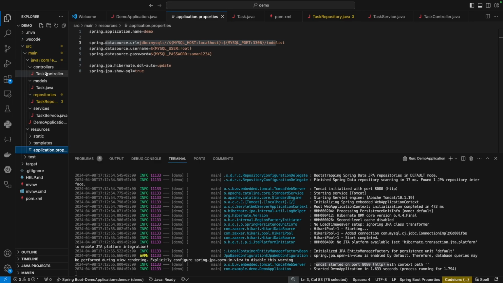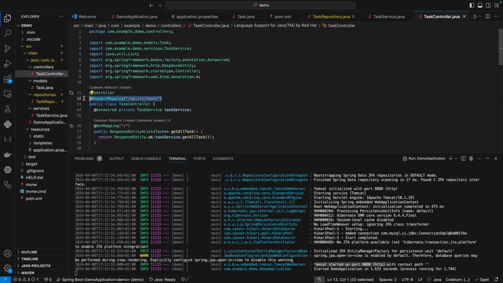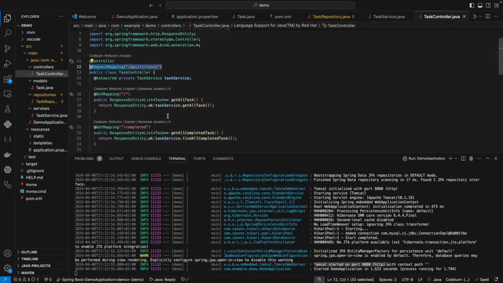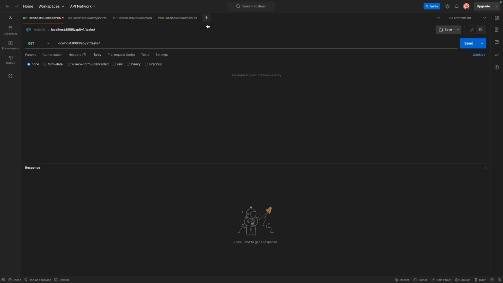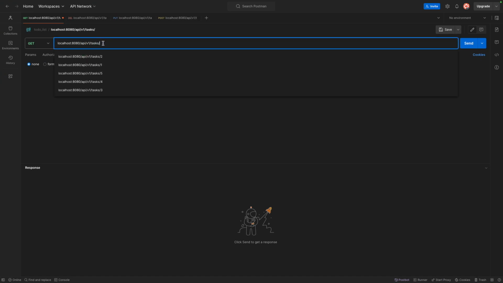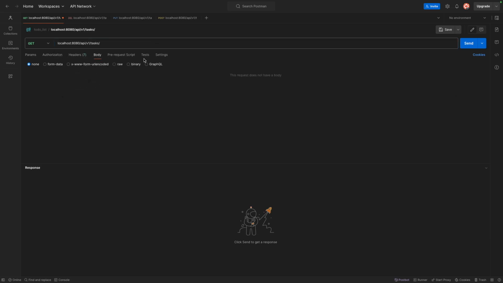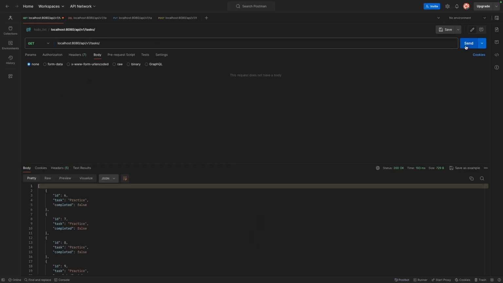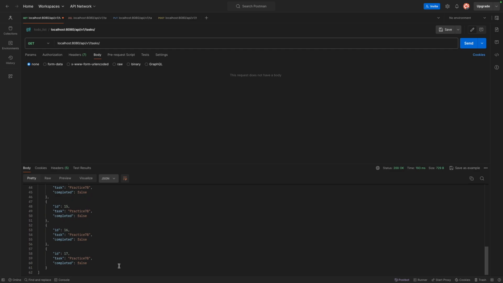Do you remember that I said your task controller should have a base address? And I want to perform a GET on the root of the controller, and the root of the controller has this base address. So this is why I am calling this API v1 tasks root. Do you see this slash? It is the root. And let me call it, and okay, I got all the tasks